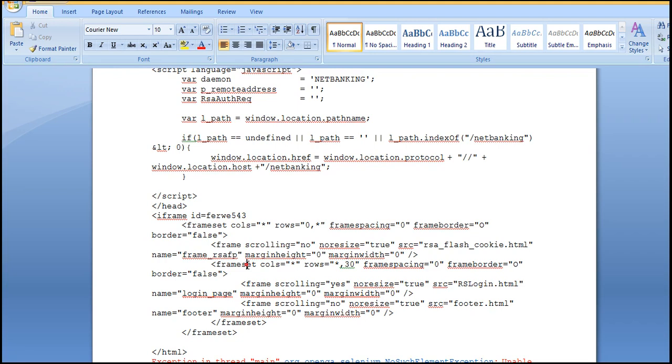This is the second frameset, and here you can identify something called rs login.html, right? That means the login HTML web document is embedded in the second frame. Got it? So you can say that the box I am checking for is in the second frame.